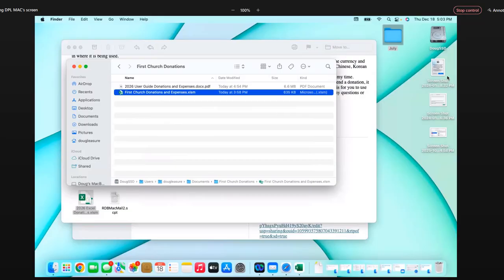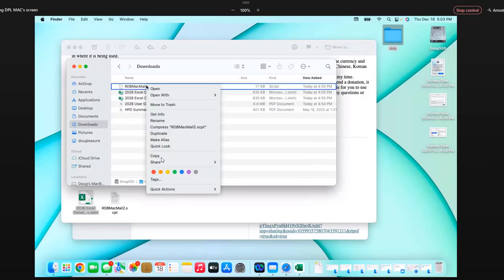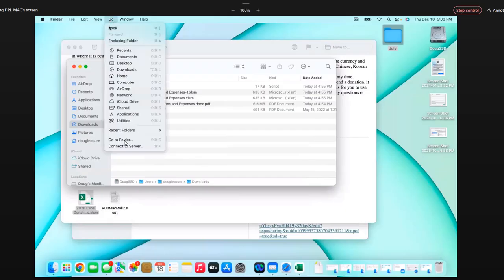Okay, so if you are interested in that functionality, then what we're going to do is go back to our downloads, and we want to copy that script file. Okay, and now here's where it gets just a little bit geeky, but let's go ahead and walk our way through it. And again, this information is in the user guide, but we want to go to our Finder,